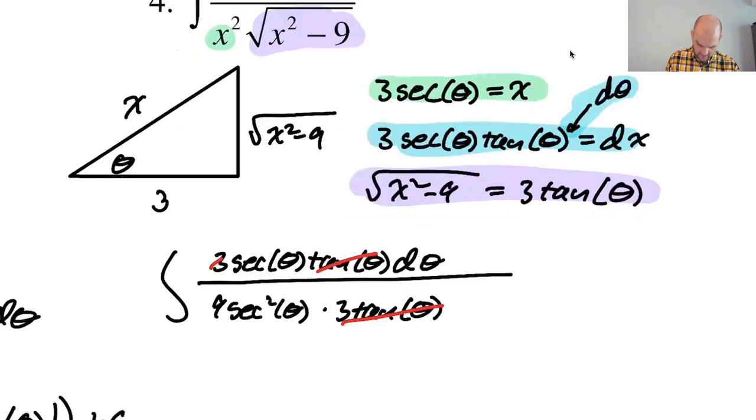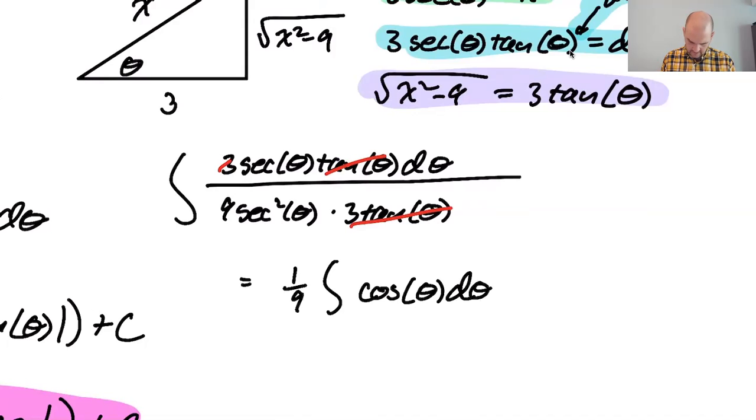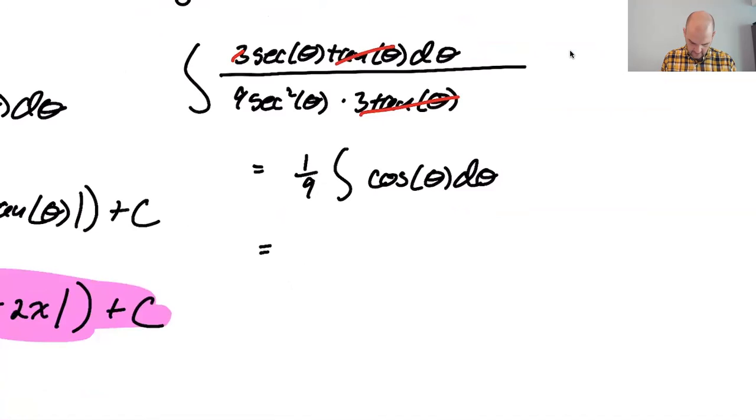So we end up with 1/9 the integral of 1 over secant, which is just cosine d theta. So I'm going to get 1/9 sine of theta plus c, which will be